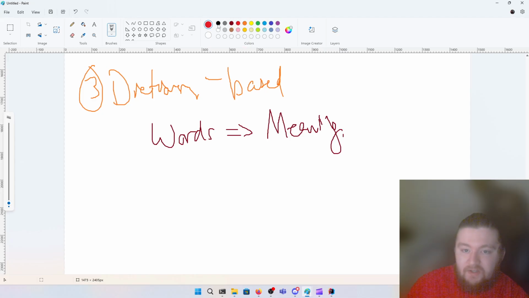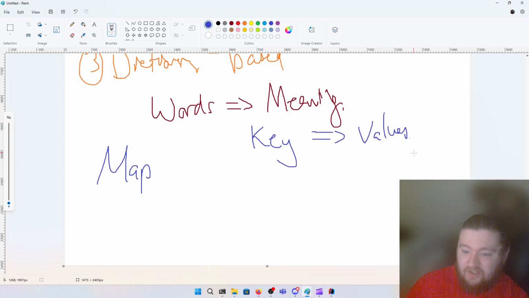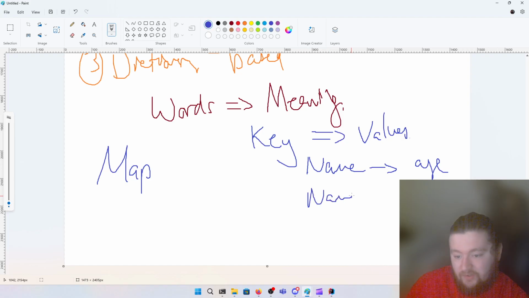In Java, they're actually called maps. The way maps work is that they associate a key or keys to respective values. We'll go through some examples when we talk about maps, but a simple example might be to map names of people to their age, or perhaps names to salaries, or perhaps names to